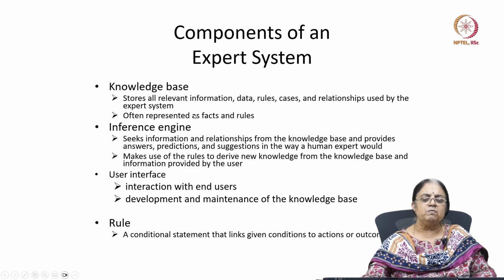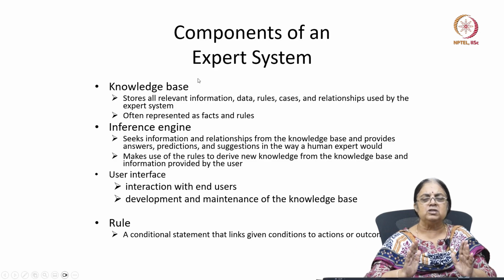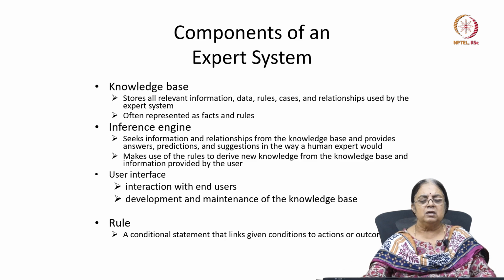Okay, so what are the components of this expert system? First of all, the knowledge base. The knowledge base has all the knowledge which you are putting into the system. So what is this knowledge? It's all the relevant information, data, rules, cases, relationships, etc. All these are there in your knowledge base, and these are represented, like I said, as facts and rules,